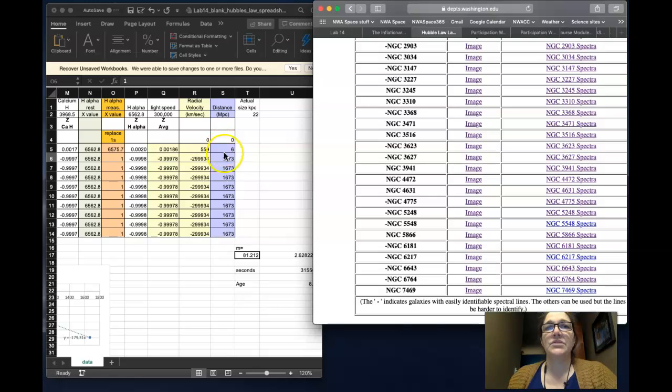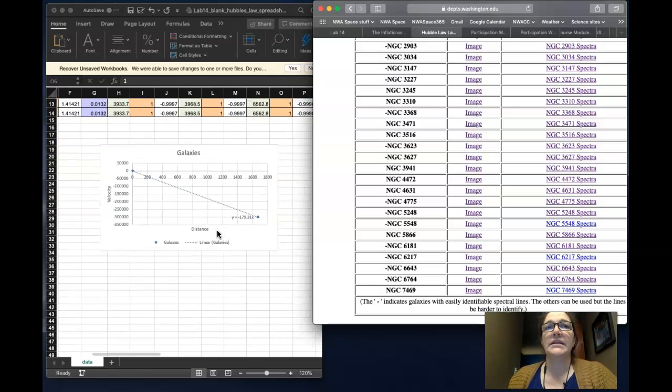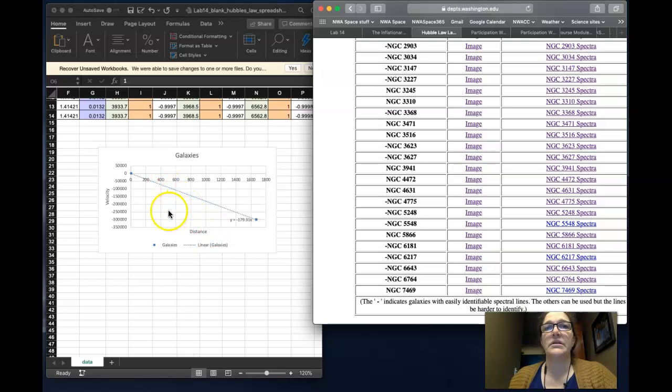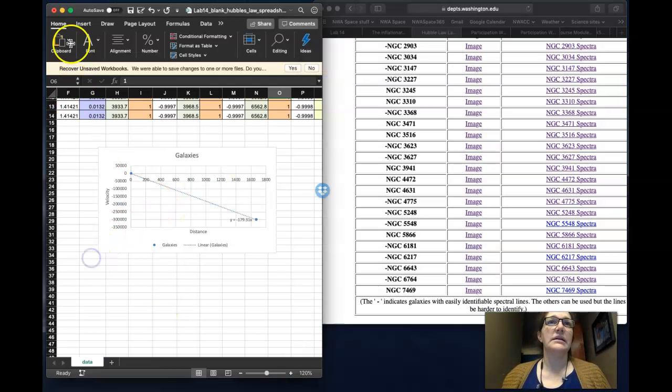And so as you go down, this will fill in, and you will end up with a graph. Currently, I only have one galaxy on the graph. Once it is full, then you will see something that looks like